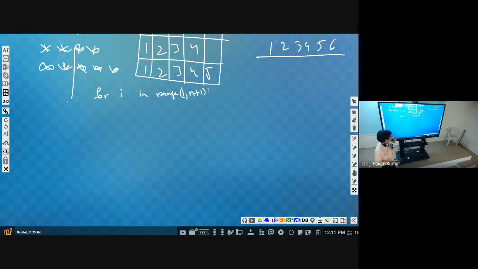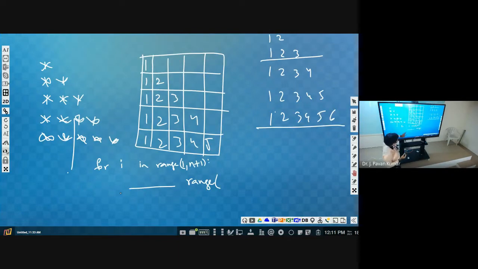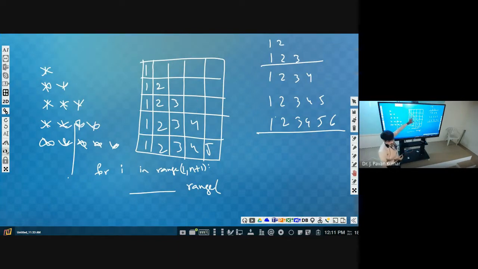Okay. Next, in the first row, how many entries will be there? 1. In the second row, 2 entries. In the third row, 3 entries. In the ith row, I entries. I entries in the sense we need to repeat this particular one how many times? I times. Every row we are starting from 1 itself. In the first row, up to 1 only.